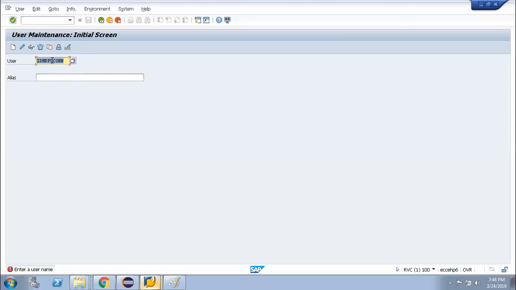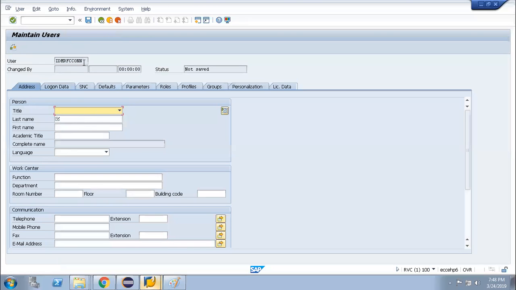If you create this name in ECC, you should create the same name and try to maintain the same password, because this is the system ID. You maintain the same password throughout all the systems, irrespective of ABAP, Java, all the systems. You try to create the same user ID and password. Correct? Okay.